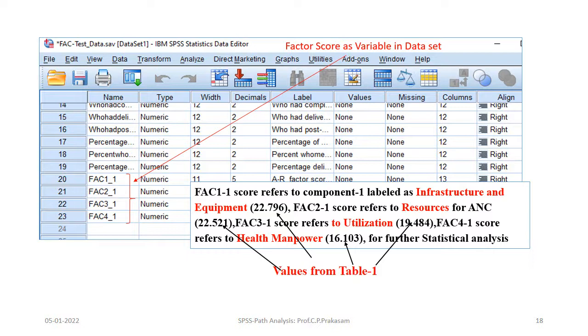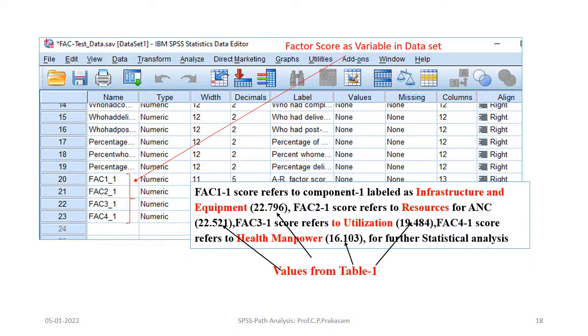Similarly, factor 2 is 22.52 from table 1, the last but one column on the right side. Then factor 3 gives the utilization factor, and factor 4 gives the health manpower factor, and the contribution is 16 point this.